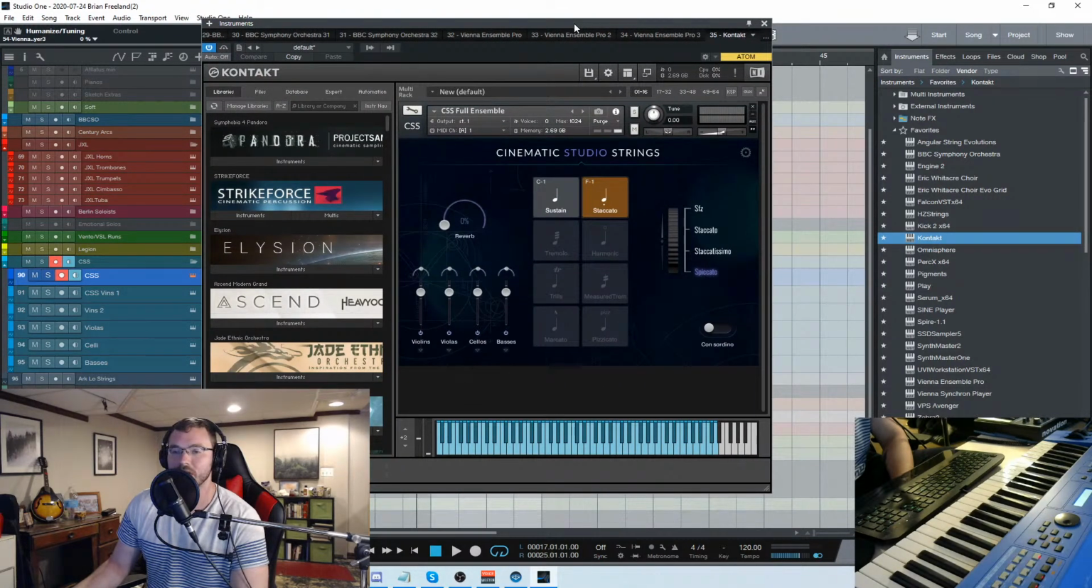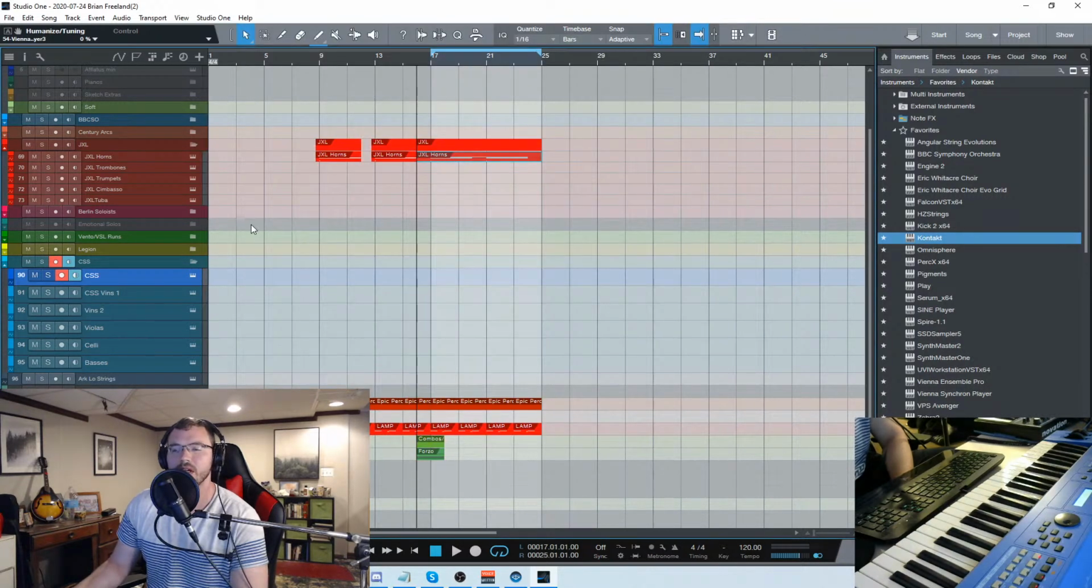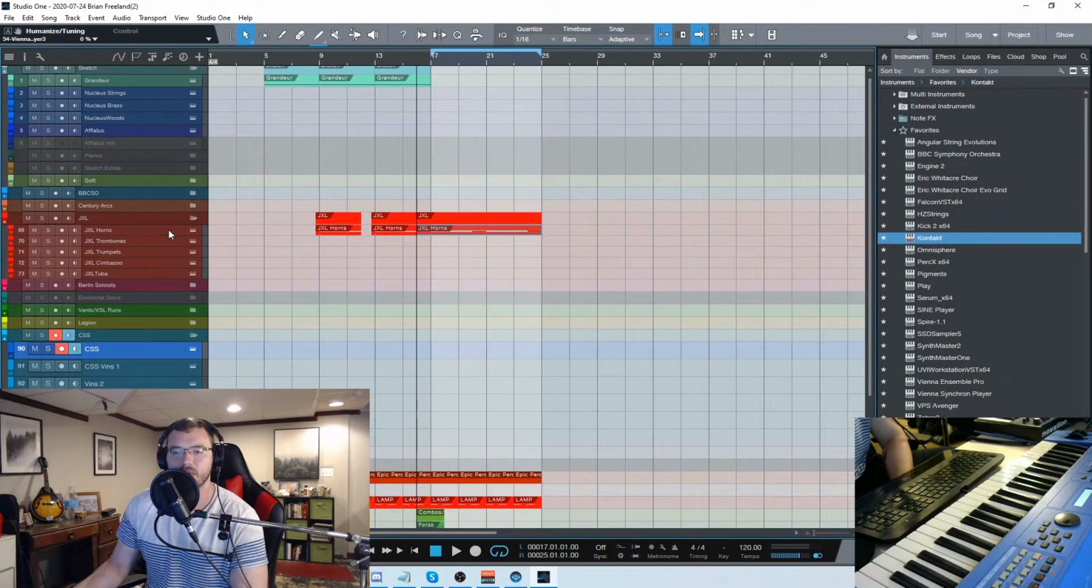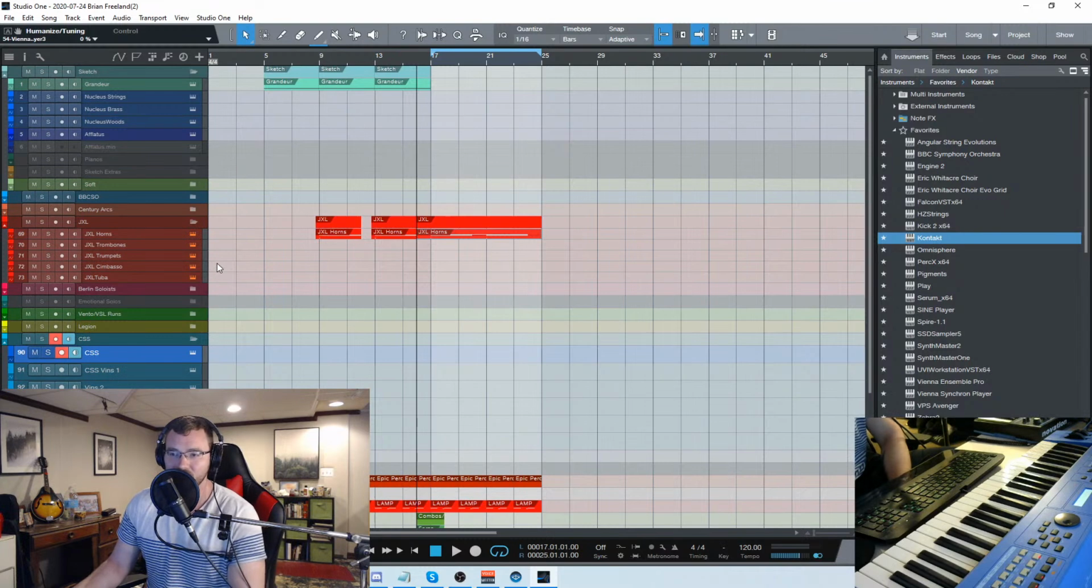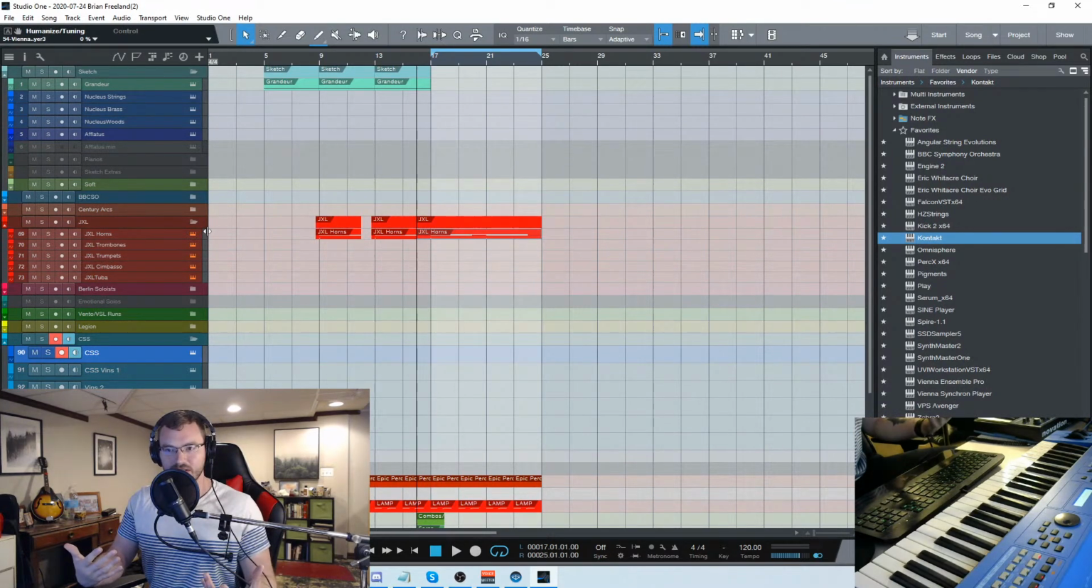If I had to pick just one string library, that would be it. No doubt. And then for brass, JXL Brass isn't Contact, so I can't pick that. 8-Dio Sentry Brass is one that I've used for years. And even when you buy all these new ones, if you keep going back to an older library, to me